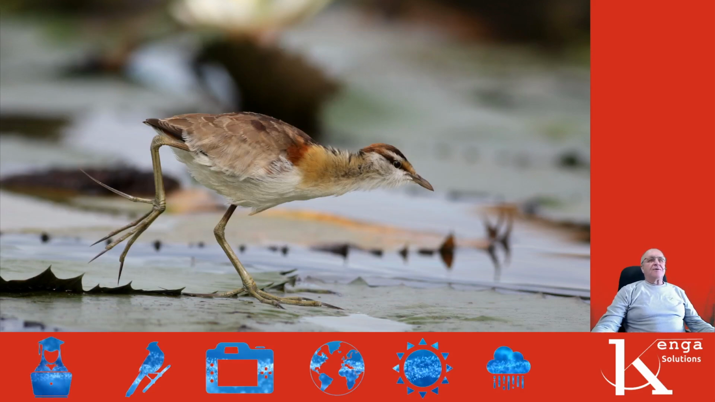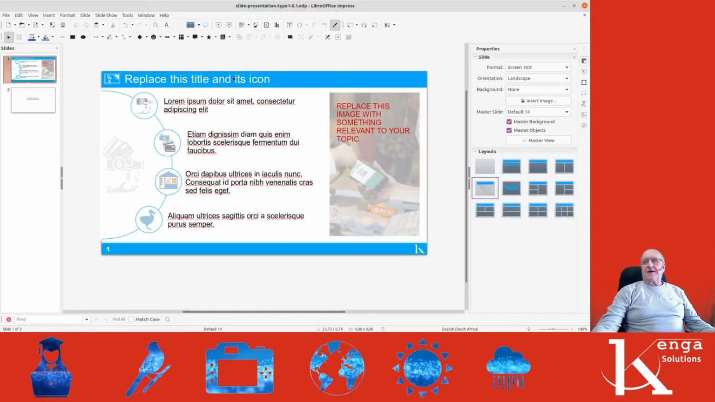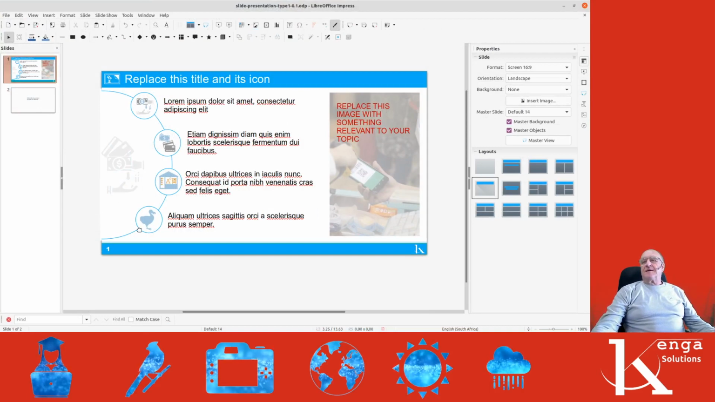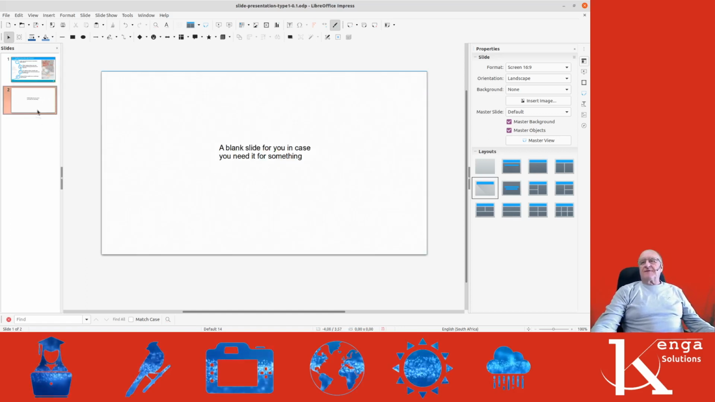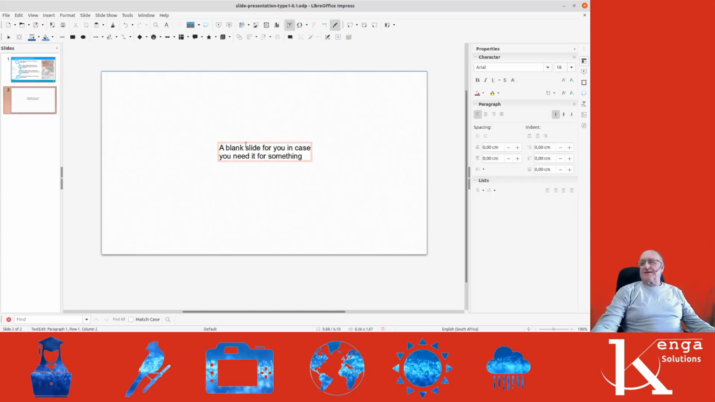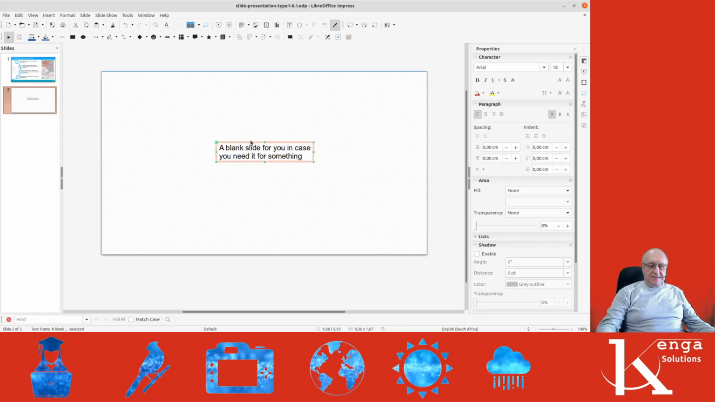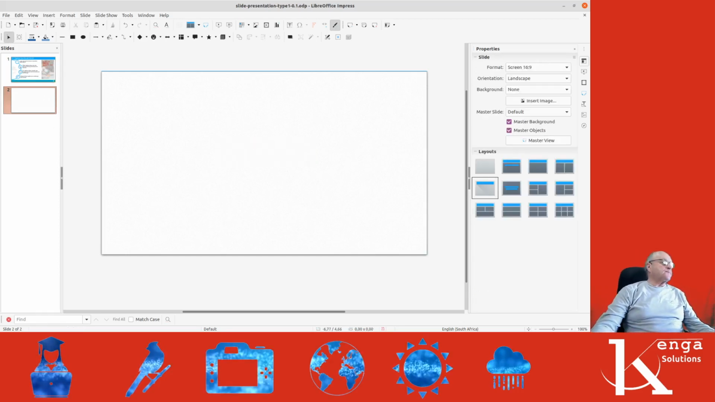So how did I bring those icons in here and create this scenario? I've got a blank slide here, in case you need it for something. I guess I can delete the text. Now, what I'm going to do is